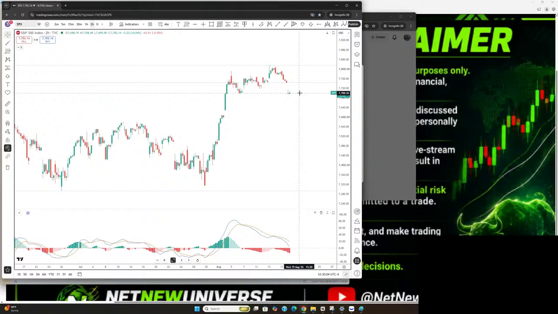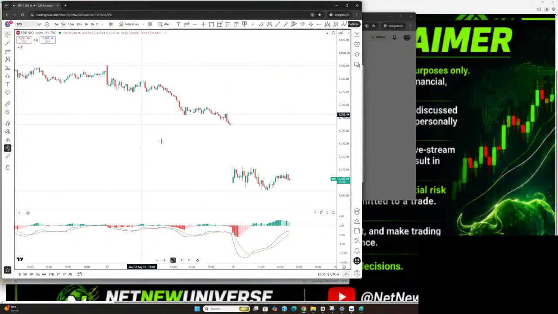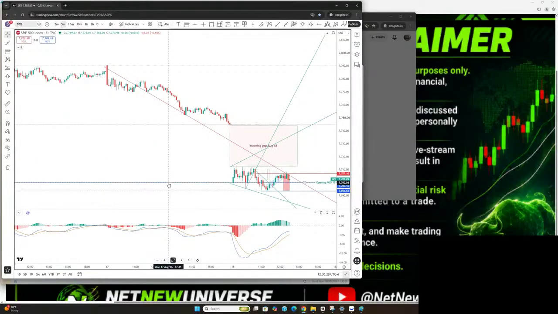So I got into this one a little bit too early, and then I had to wait so long. How long? See all this. I entered somewhere here, and then I waited so long until this came back into the resistance zone, which is the morning's lines. If I draw here, I think I should actually have a drawing. Yeah, I see here. It went all the way up to here before dropping. So I should have waited for this particular piece before even entering. So that's the mistake I made.